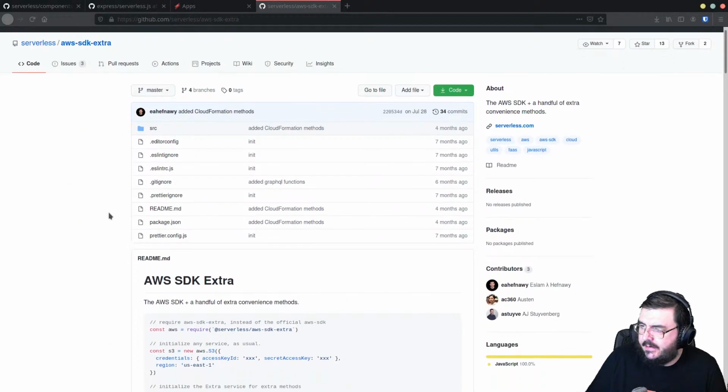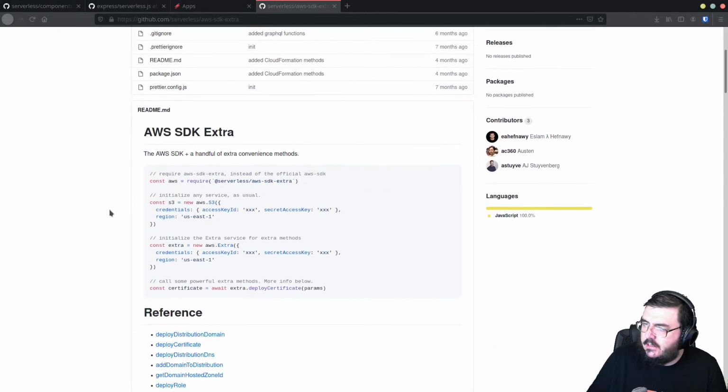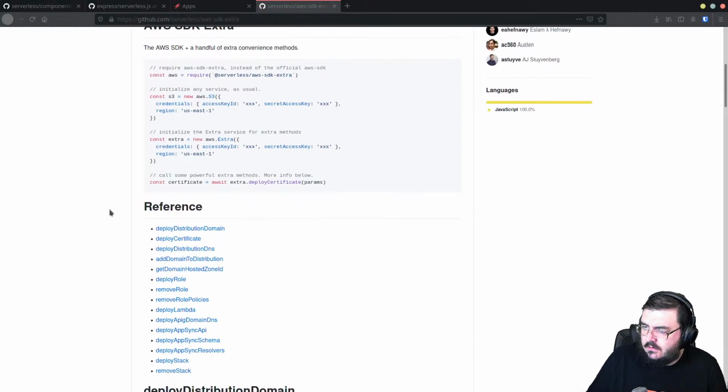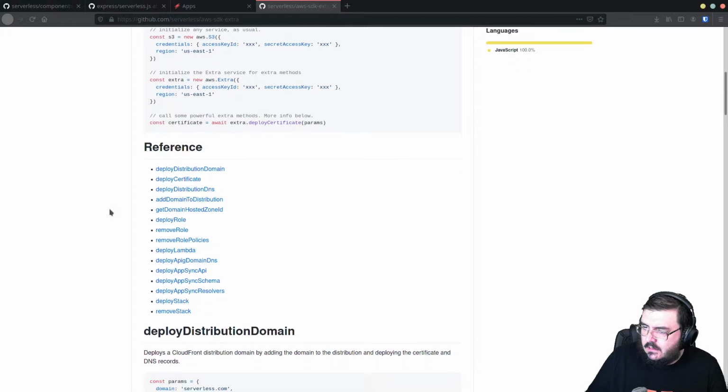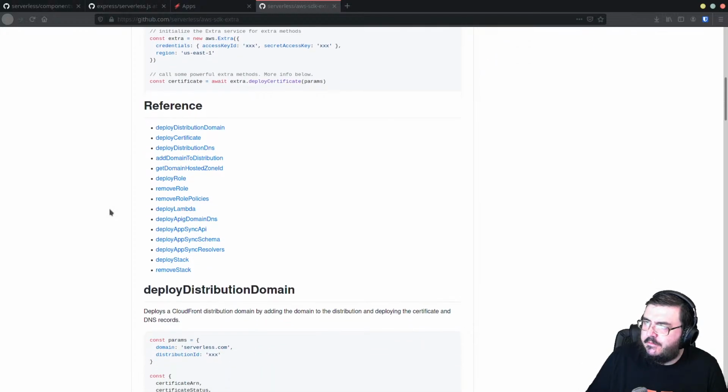Okay, here is the AWS SDK Extra NPM module. And I think the documentation hasn't been fully updated with all the extra bits that you can do.